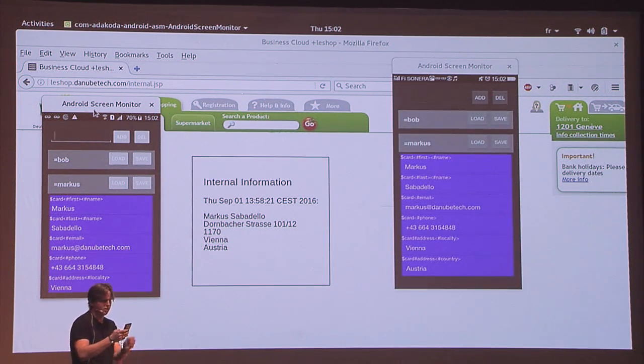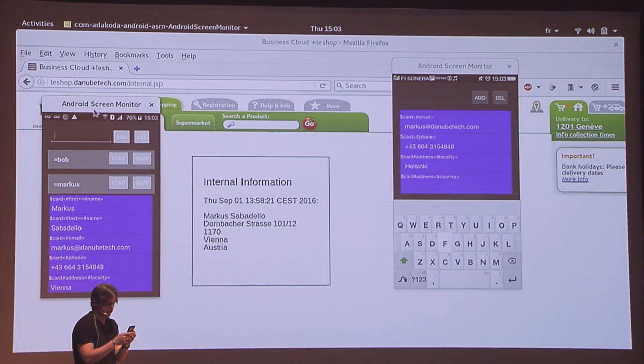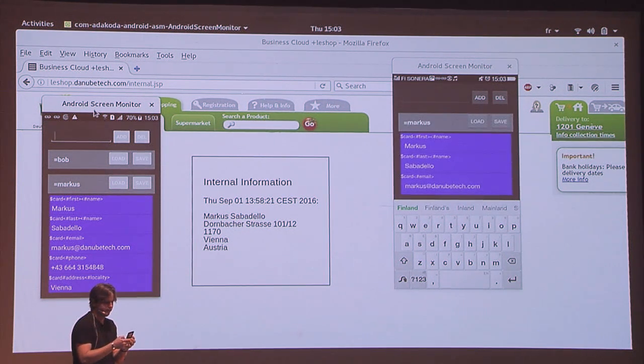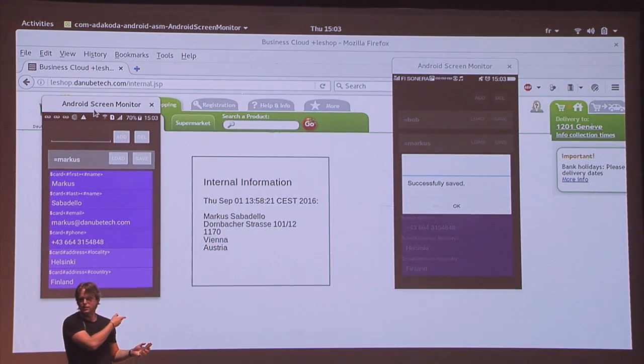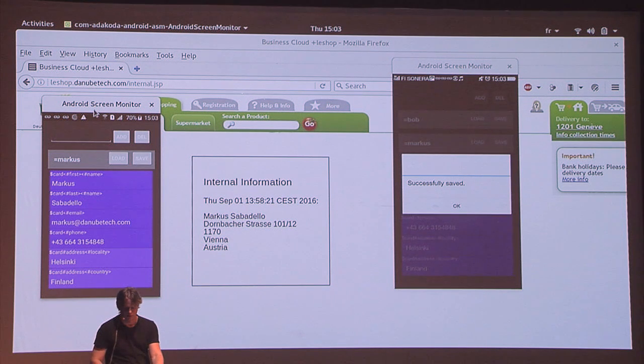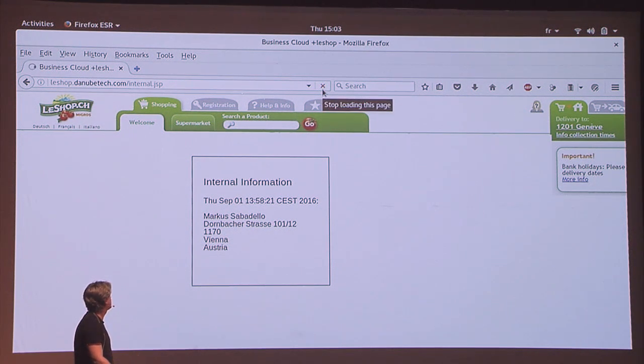And if Markus, I'm Markus again. Now if Markus changes his data, so let's say here I'm changing my data now. Let's say I want to move to Helsinki. And I save the data in my personal cloud. And then you can see, first of all, on Bob's device, Markus's information has been automatically updated. So Bob gets an immediate notification that the data has been updated because of this connection, because of this link contract. And the supermarket, if I reload this page and the supermarket tries to retrieve Markus's information again,